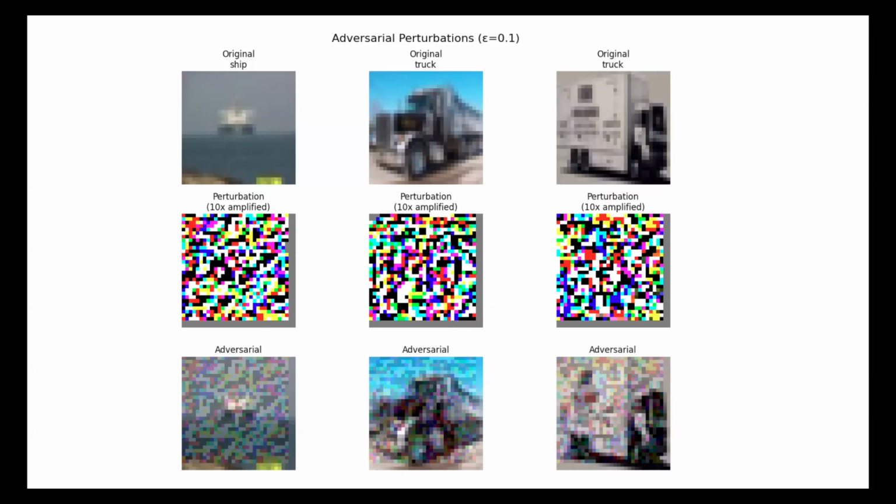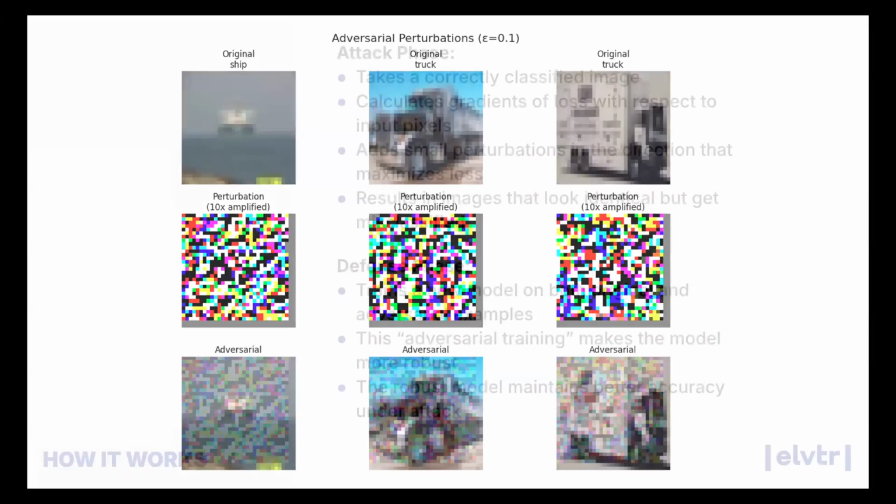But then the question you have to ask is, what trade-offs do you make by making the models more robust? And we'll look at those a little bit as we go along from this. All right. Okay, so